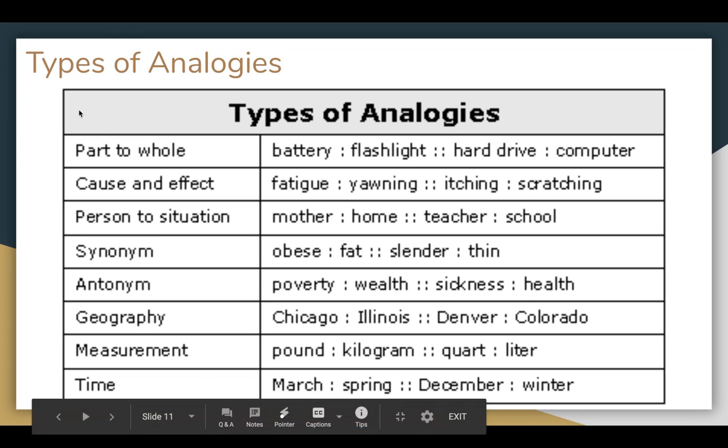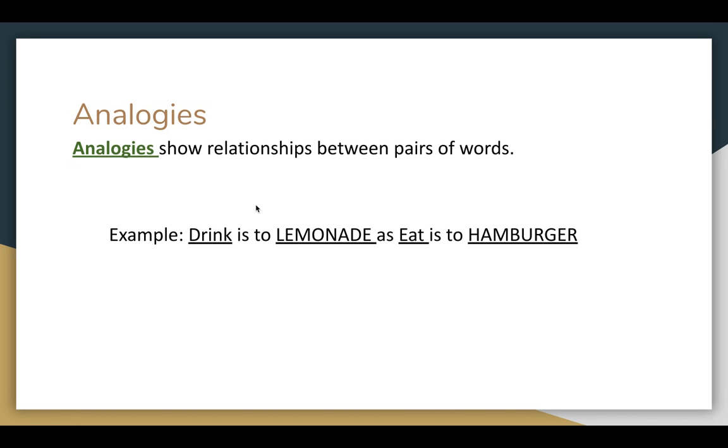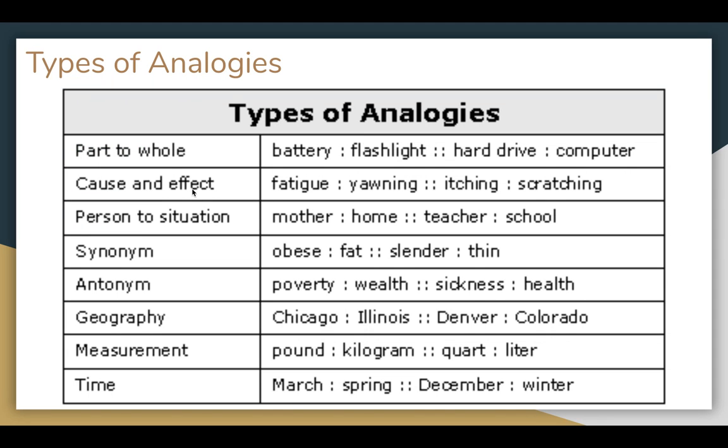So these are just some types of analogies. I don't expect you to know them all, and you're not going to be tested on them right this moment. But it's good to know, again, that an analogy is showing a relationship between two words. Okay, so